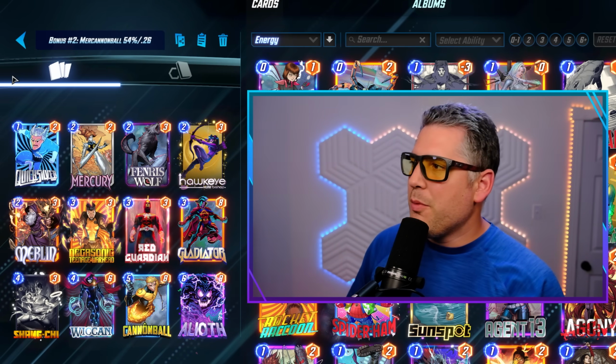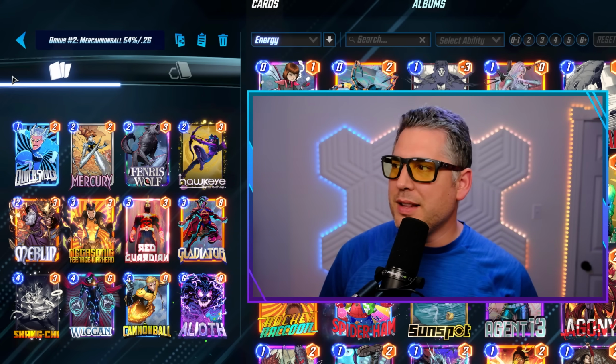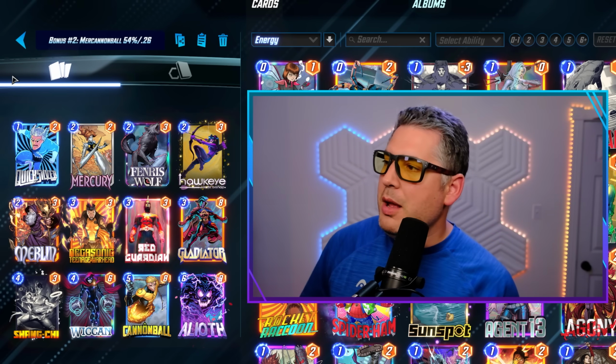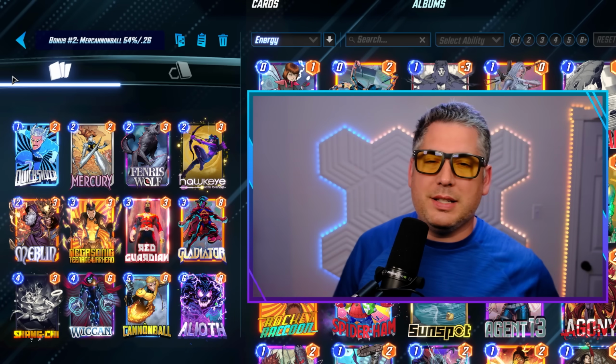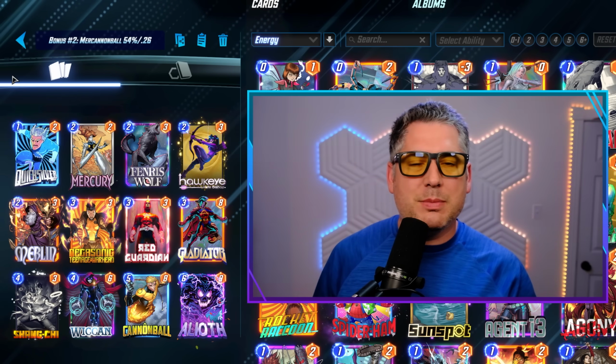As we get started with the bonus deck number 12, and we're starting with number 2, and this is Merc Cannonball, which is Mercury and Cannonball. I don't know what else to call it, but anyways, it's running a 54% win rate and a 0.26 cube rate. It's not enough to crack the top 10, but a lot of people have been asking specifically about this